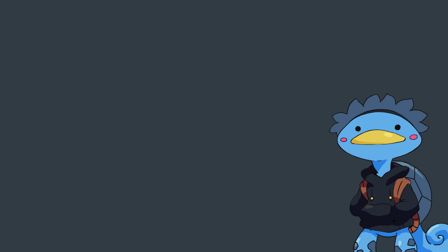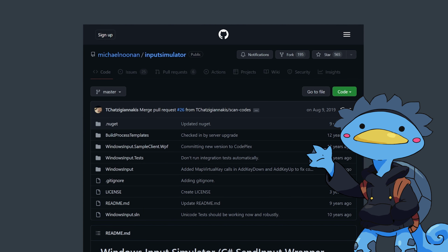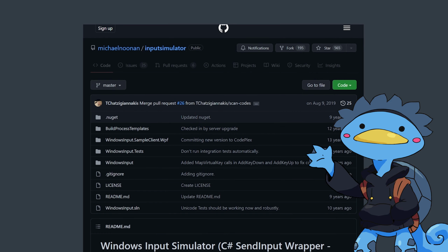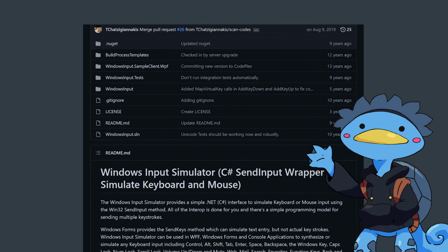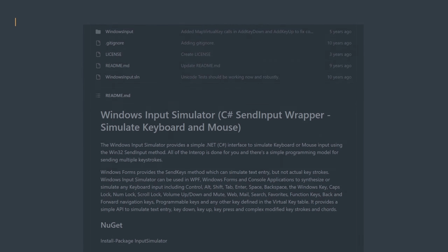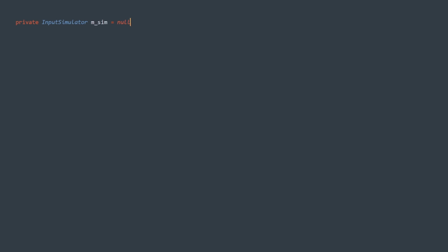So the program knows how to parse the game states. Now it needs to be able to send inputs. For this I use the C# input simulator library, which works in Unity and allows me to move the mouse, click, right click and other features that I don't need right now.